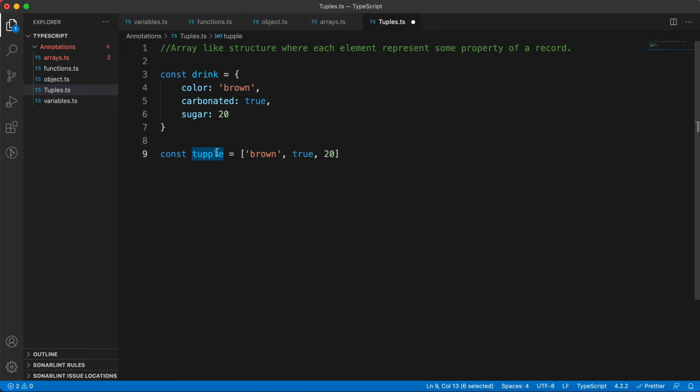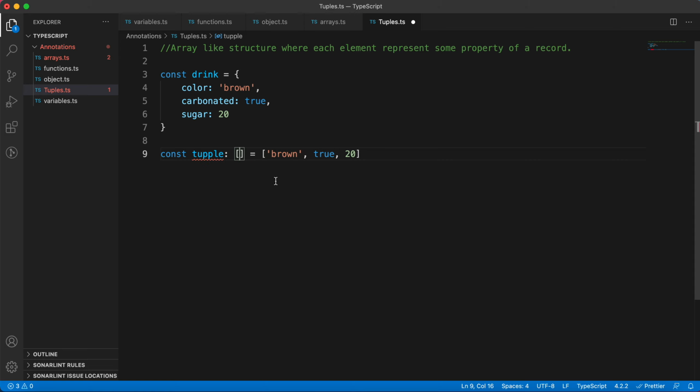So TypeScript is considering this variable as an array consisting of a string, number, and boolean. Now we have to convert this array into a tuple, so we need to do type annotation here.